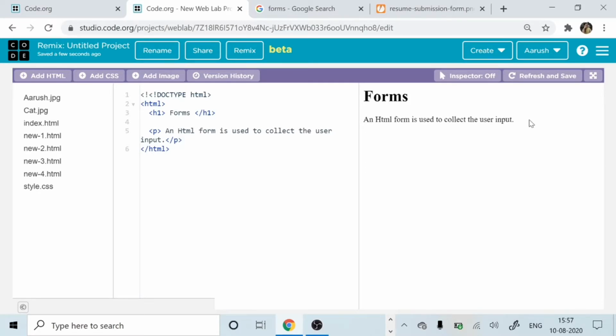Now it is used to create an HTML form for user input. That's what we said right now. So what exactly do we mean by that? We are talking about form. So give the name as form, go a little down, put it like this and close it. So here your form will be created. See, nothing is there right now. I'll show you why it is like that.